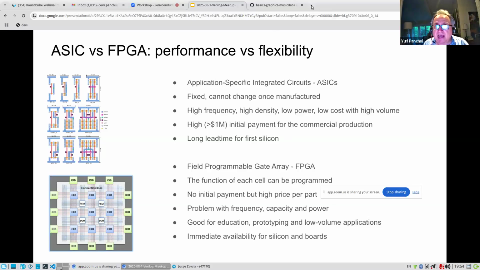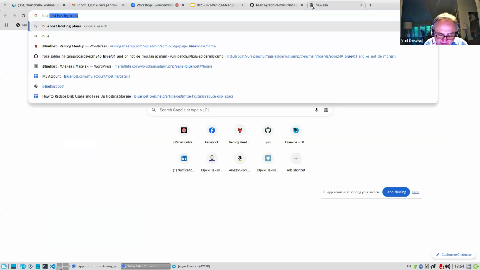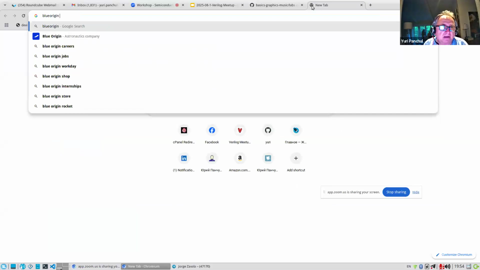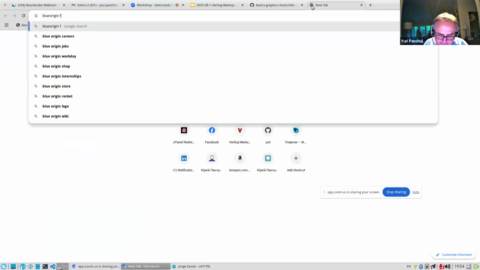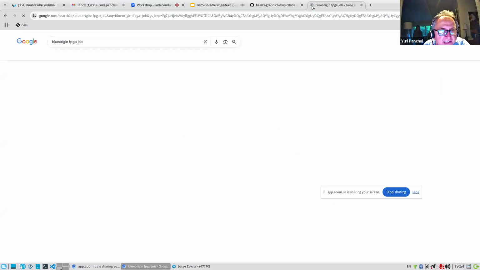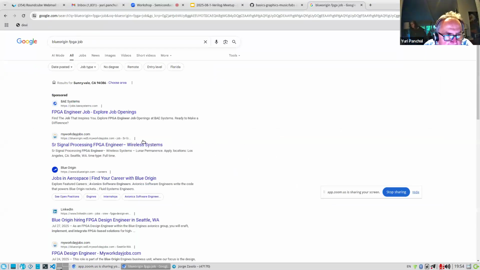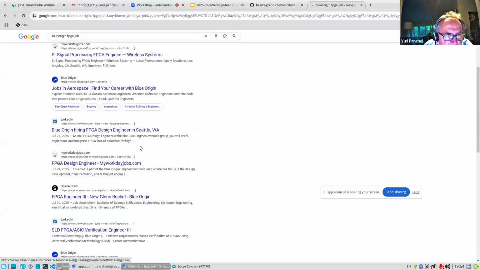So for this reason, FPGAs are used in applications like a space company. If you go to Blue Origin, let's see whether they have anything on FPGA jobs. Okay, yeah, Blue Origin.